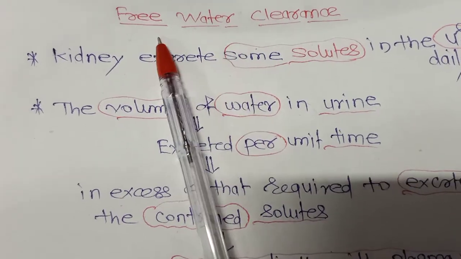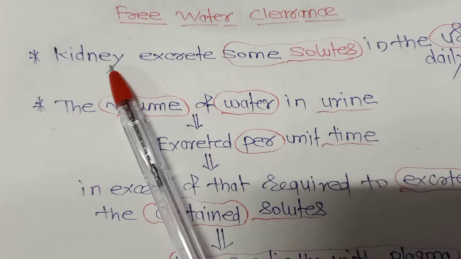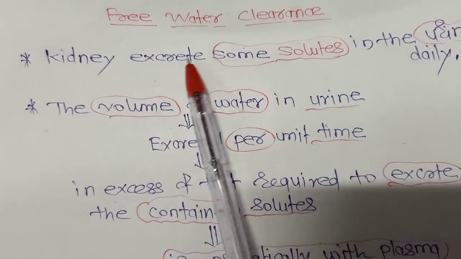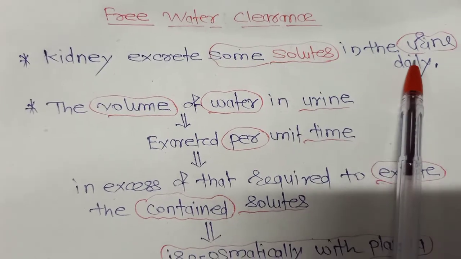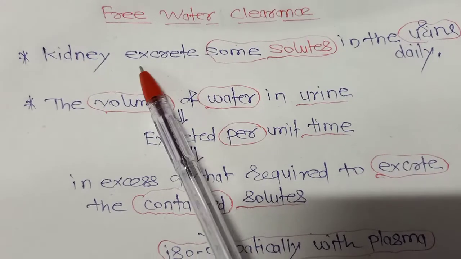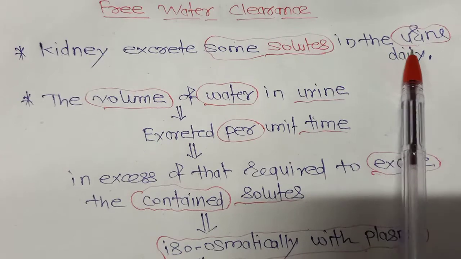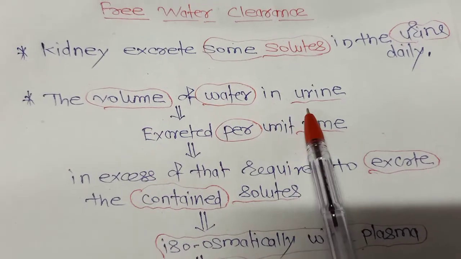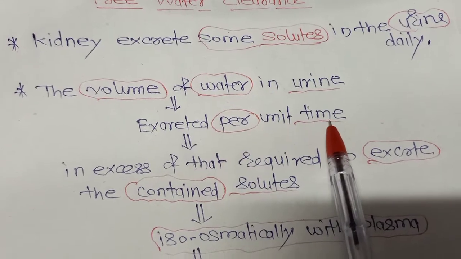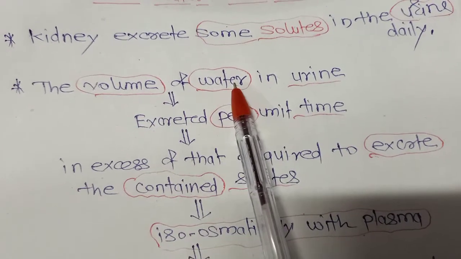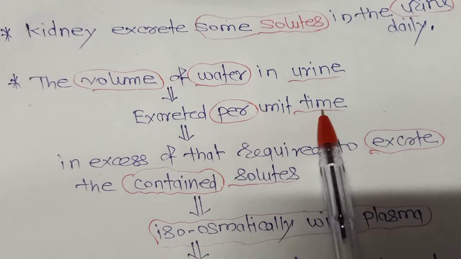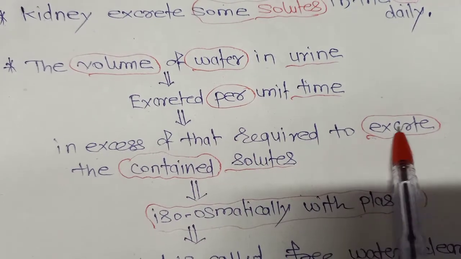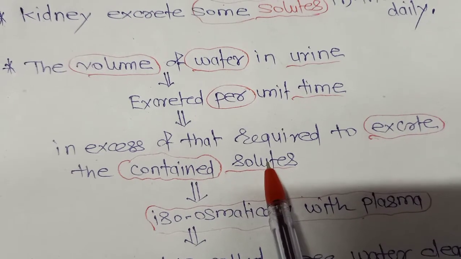Today we'll discuss free water clearance. For that we should know that the kidney excretes some solutes in the urine daily. So the volume of water in urine excreted per unit time in excess of that required to excrete the contained solutes